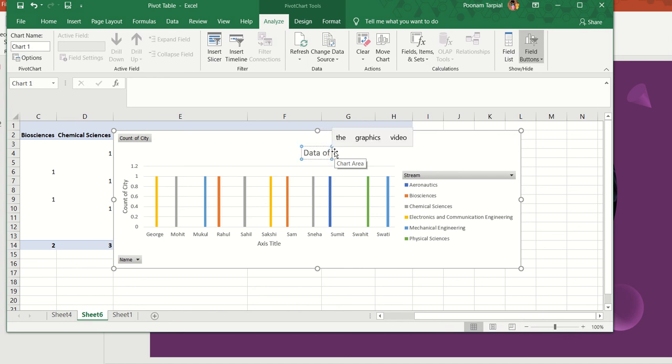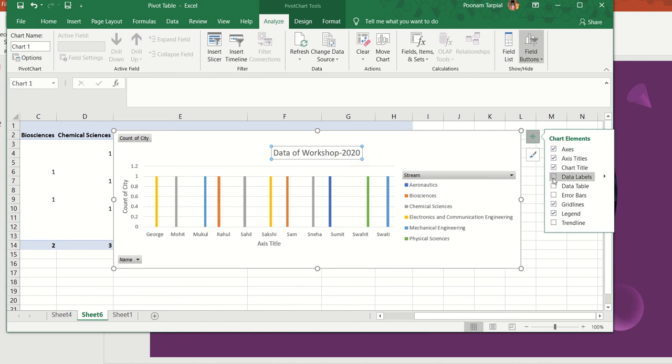You can say the data of the workshop, like it is for mine, and it is for 2020. So I can go ahead and write down the year over here. So your chart title should clearly represent what exactly this chart is all about. Okay, the year, the month, and along with that the other entries altogether. And then comes the data labels.